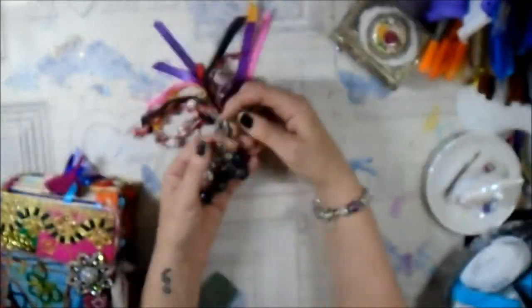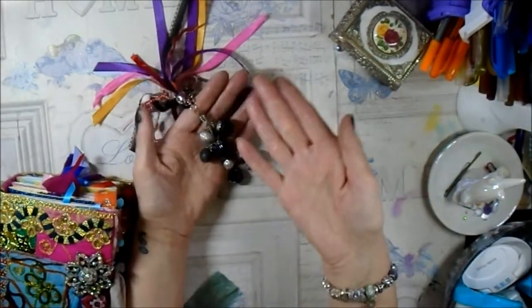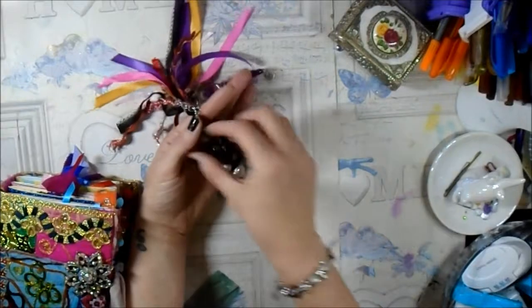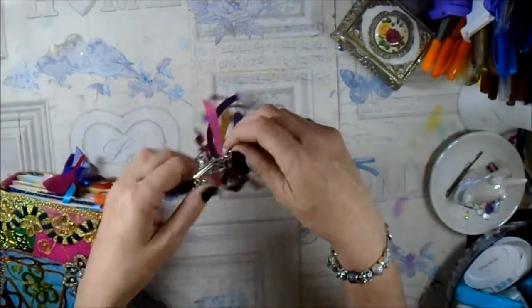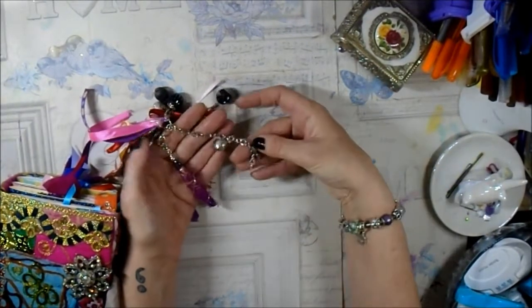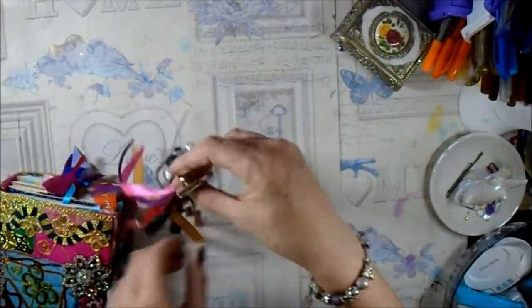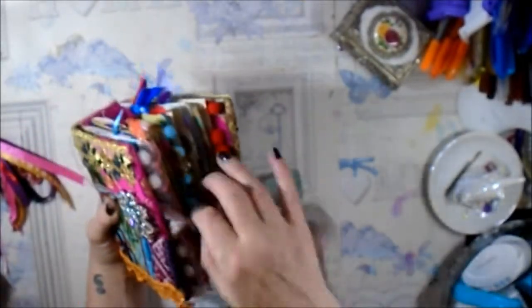I think it was like off of a necklace or something. I saw it again at the flea market, and it was hanging on the bottom and could clip off, and I thought that's a fantastic charm. So yeah, I snapped that up. And then there's a chain here again with the same bauble and padlock and key. So that's a nice thing, and it can clip on, and if you don't want it, it just clips straight off. So we've got a sari silk closure,